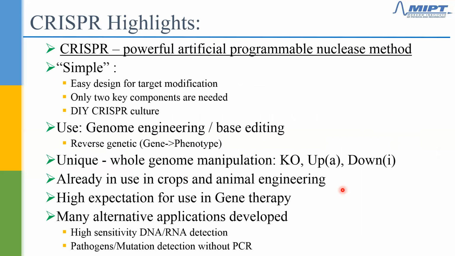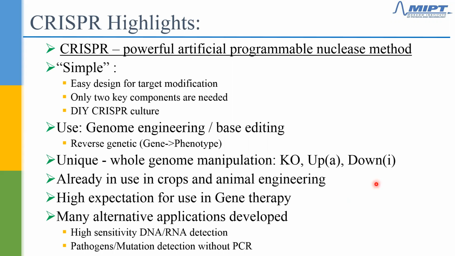Even before we go into details, the most important thing which should be in your head after the seminar is that CRISPR is a powerful artificial programmable nuclease method. It's powerful because it's simple, in the sense that it allows easy design for targeted modification. Normally, only two key components are needed, sometimes three. And it's so simple that even a so-called do-it-yourself CRISPR culture, a kind of garage genome engineering, appeared, at least in the United States. As basic science, genome engineering generally, and CRISPR in particular, is a kind of reverse genetics. You modify your gene, you look at the phenotype. Very relevant to the oncogenesis process: a mutation in the gene leads to